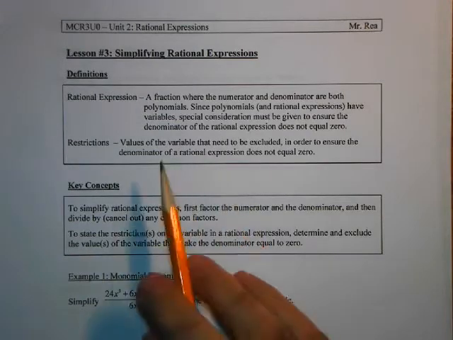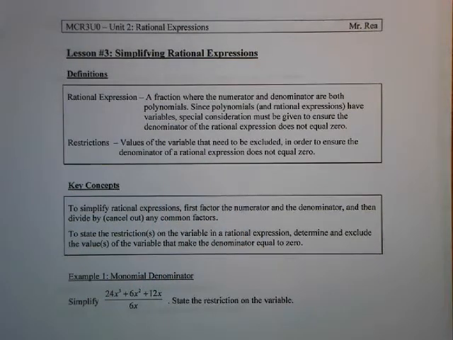So let's look at what is a rational expression. A rational expression, by definition, is a fraction, which means you have a numerator and a denominator. And instead of regular fractions that just have numbers in the numerator and denominator, we actually have polynomials. So remember, a polynomial could be a linear relation like 2x plus 5, it could be quadratic, it could be any kind of polynomial function, any power of